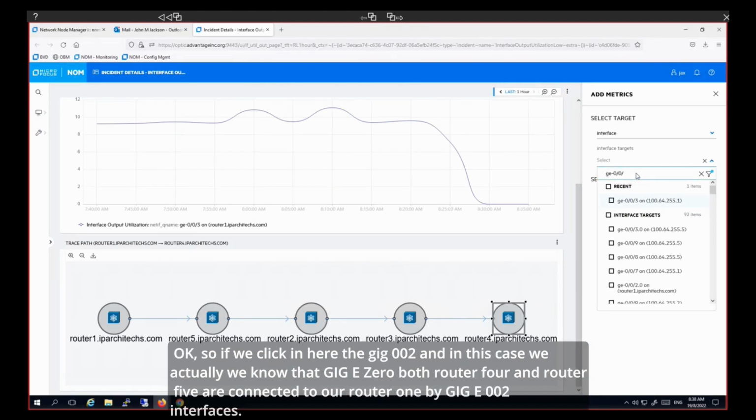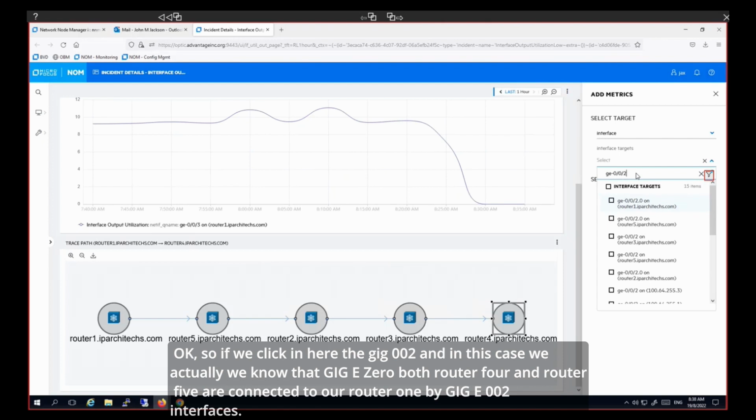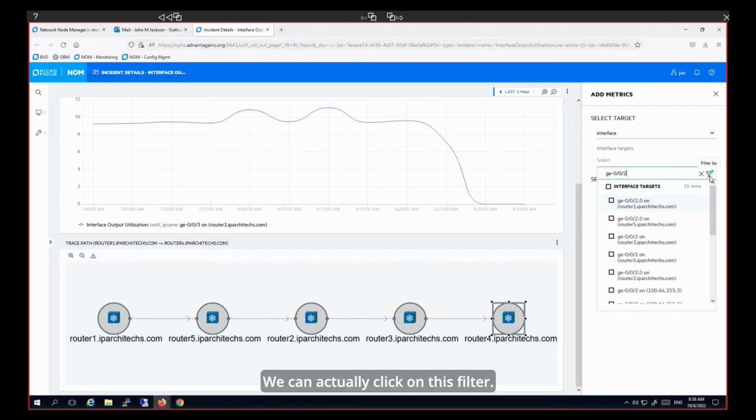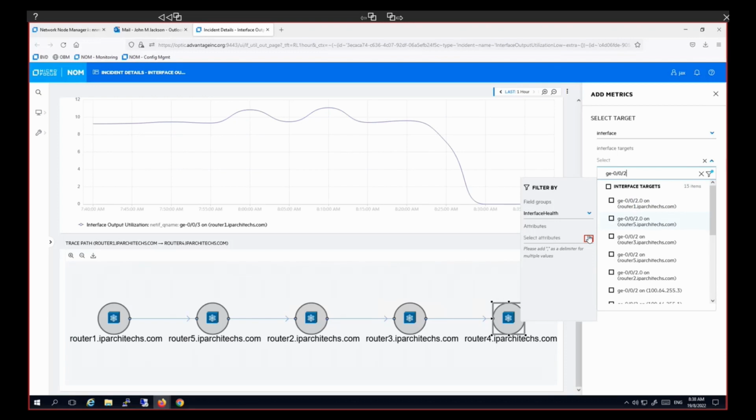So if we click in here, the GigE 0/0/2, and in this case, we know that both router 4 and router 5 are connected to our router 1 by GigE 0/0/2 interfaces. So we know that we can filter on GigE 0/0/2, and that filters us down to 15 items, which isn't bad, but in a production environment, it's probably going to be more than that, right? We can actually click on this filter,